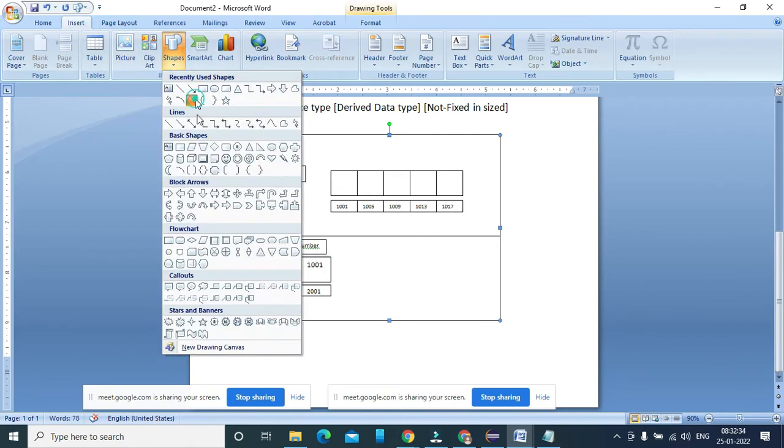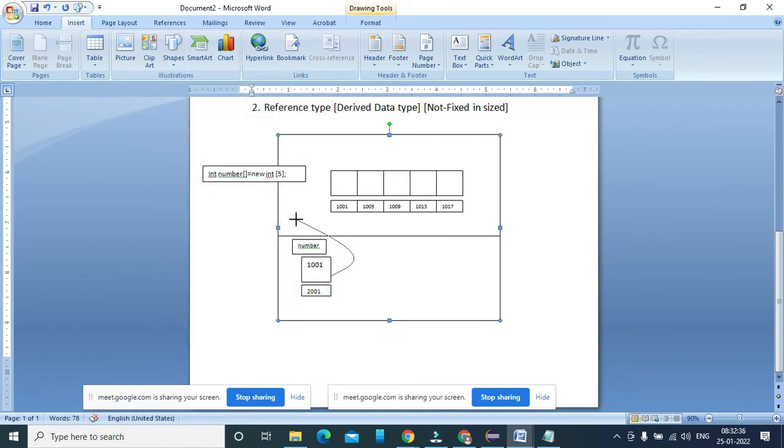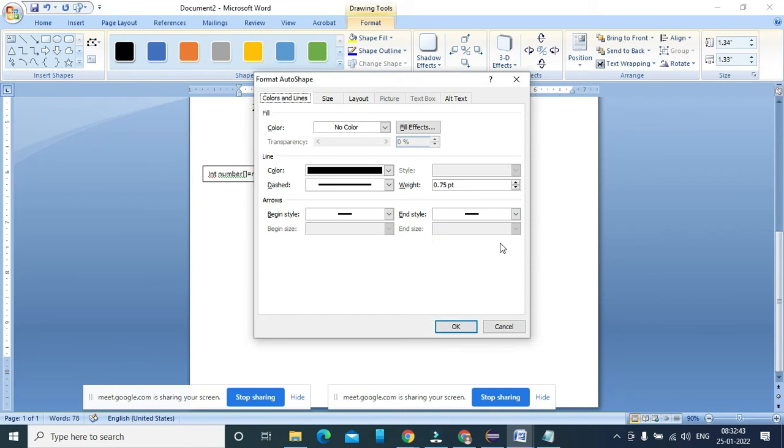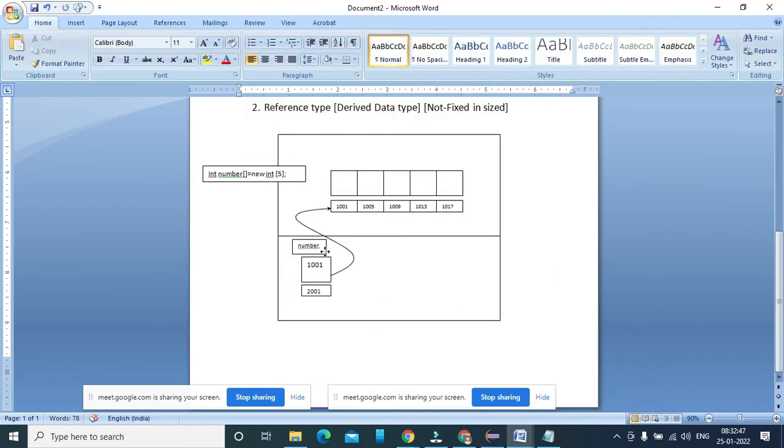This is a reference variable referring to the first element of an array here. I'm just showing this is the first element of the array, and number is holding this address.